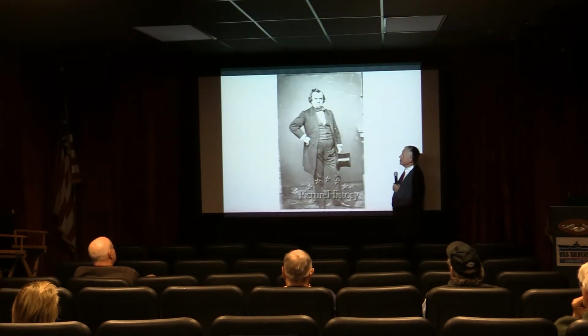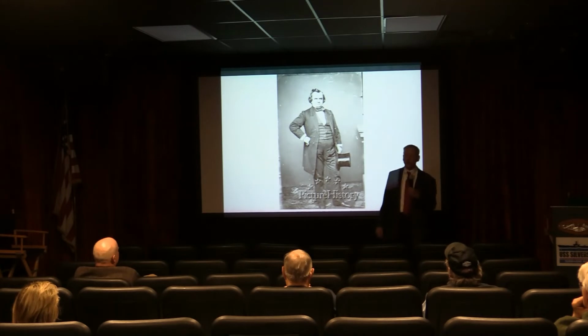Enter Stephen Douglas again. In 1858, Stephen Douglas, Senator Douglas, is running for re-election to the United States Senate, as they do every 6 years. He is pretty much a shoo-in. He is a member of the Democratic Party, and he is well liked by the Democrats who hold a majority in the state of Illinois.